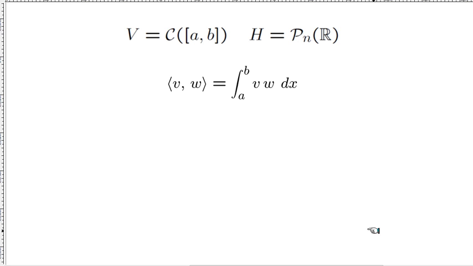First, let me explain a little bit about the setting of our example. It's an interesting example: V is the infinite dimensional vector space, with basis even uncountable, of all continuous functions defined on the closed interval a to b, and H is this finite dimensional subspace, the polynomials with real coefficients up to degree n, and the inner product is defined as usual as the integral from a to b of the product of two functions. This integral in practice, even using computer software, takes a long time. Even numerical integration